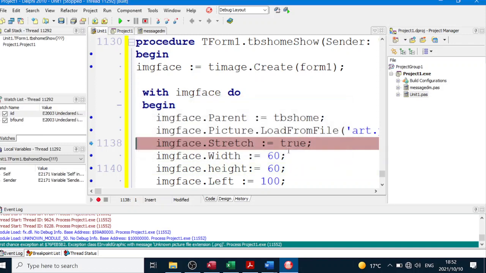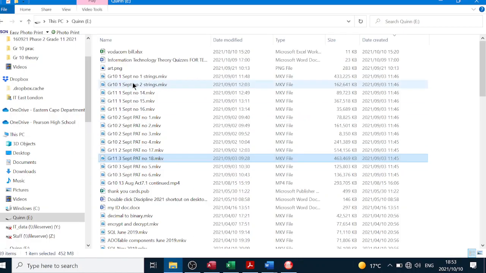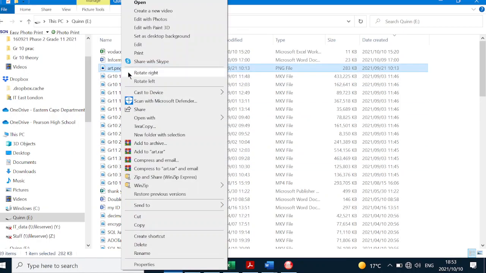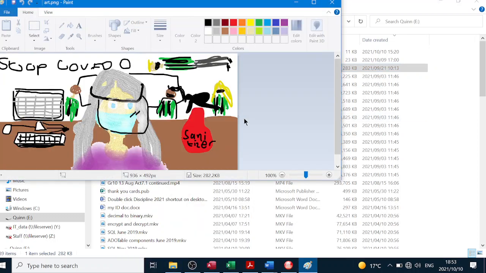Right, fine. Yeah, so it doesn't like the file extension PNG. So I can show you what you can do if that happens. You can take your picture and open it with Paint. Then you say File, Save As, Open it with, and then you say Paint,